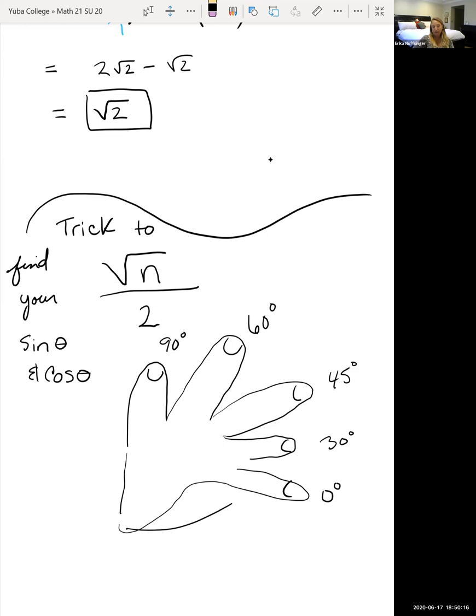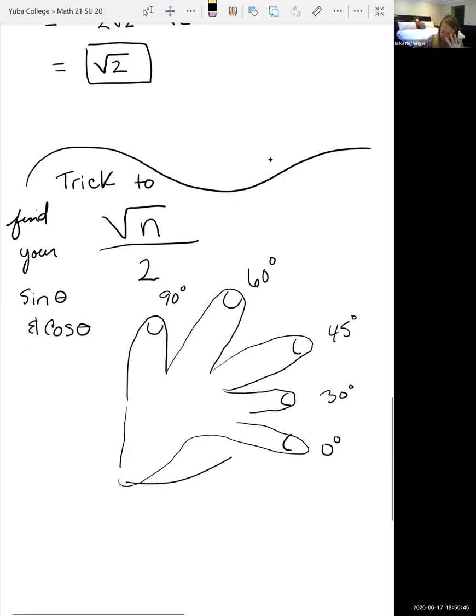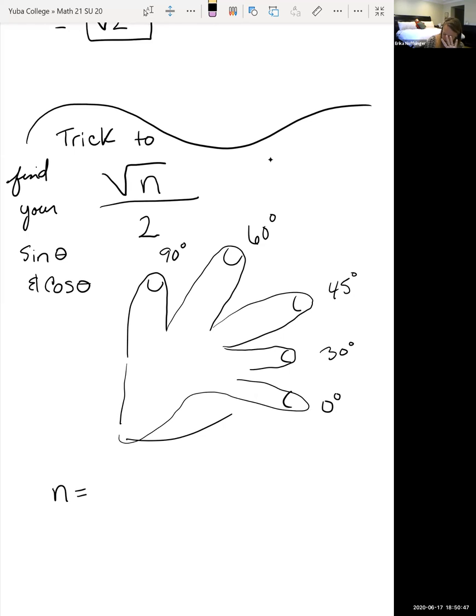If you look at the alphabet, this is how I remember which way I'm going to go for my fingers. I know cosine is at the top of the alphabet and sine is at the bottom if I'm looking at alphabetical order. And so sine starts below. You're going to count the number of fingers upwards. And then cosine, which is above, you're going to count the number of fingers below, depending on which angle we're talking about. So n equals the number of fingers